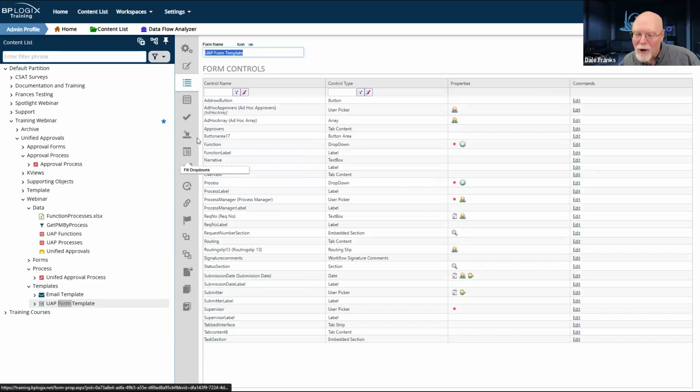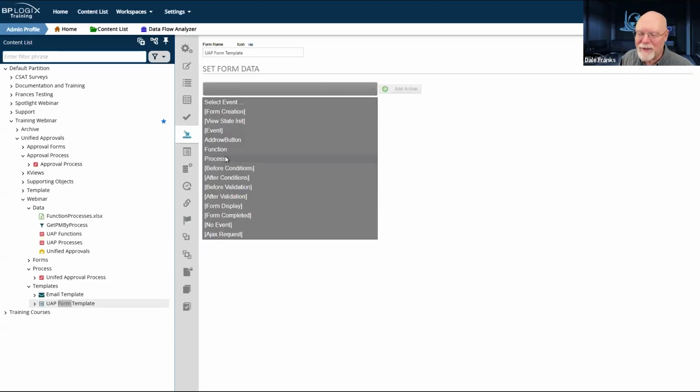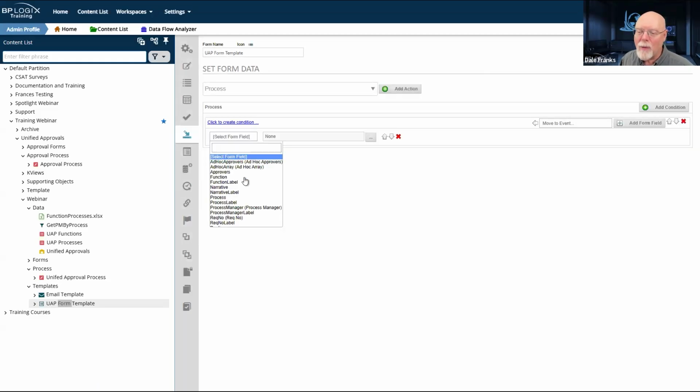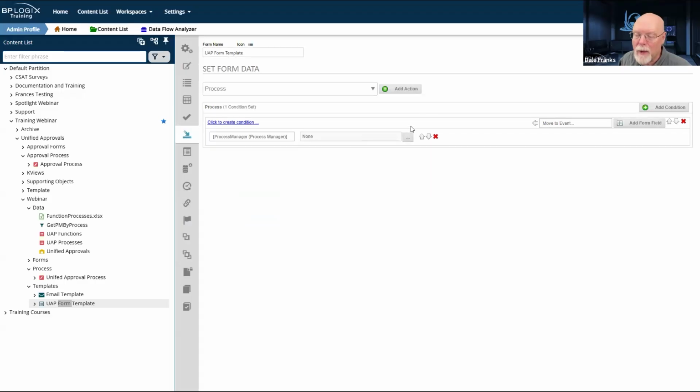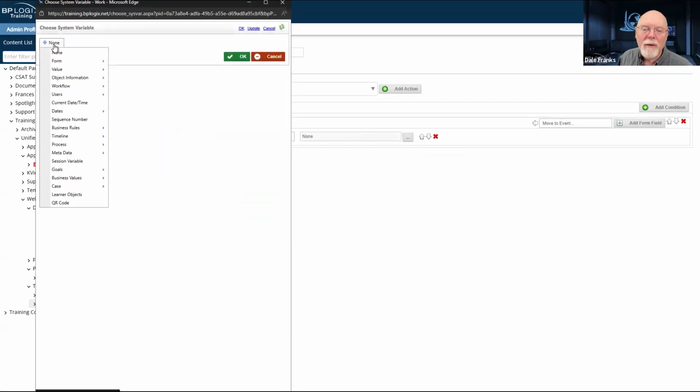And now we'll go back to set form data and I should have a process event. I do. We'll add that action. And now I will set the value of my process manager. I'm going to have to set it via system variable. So we're going to have to go to value